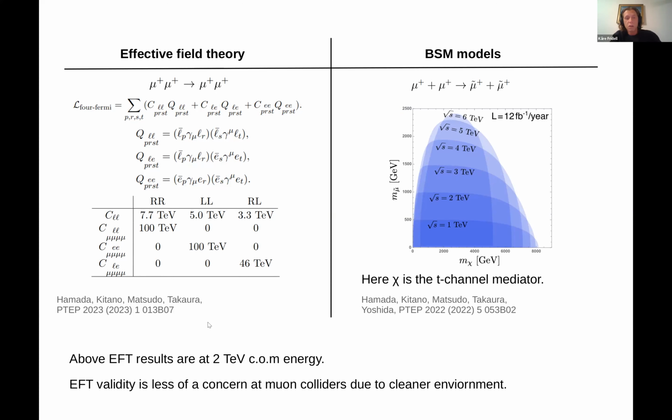So you see here we have quite a large splitting. The constraints on the lambda that you get are 2 orders of magnitude greater, pretty much, than the center of mass energy. And this makes it so that the validity of the EFT isn't as much of a concern. It's for sure valid if it's several orders of magnitude higher than the energy, the scale of the experiment. So for this reason, muon colliders, or mu Tristan specifically, is very well suited for studying these kind of effective field theory operators.